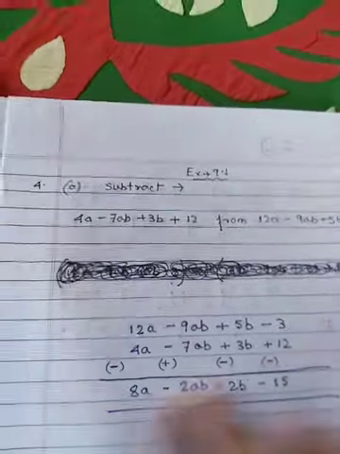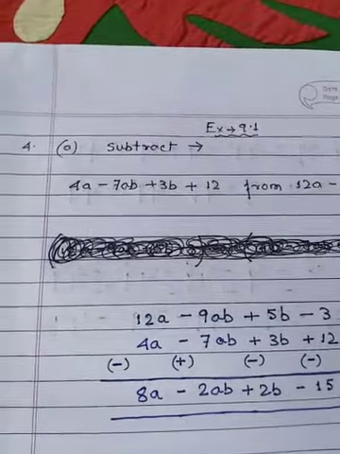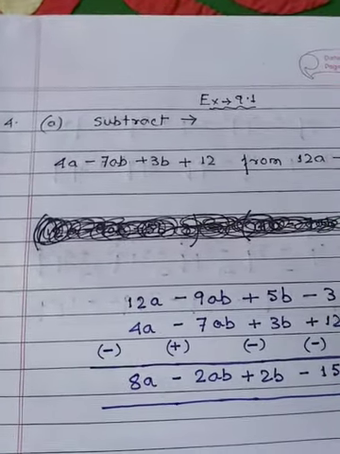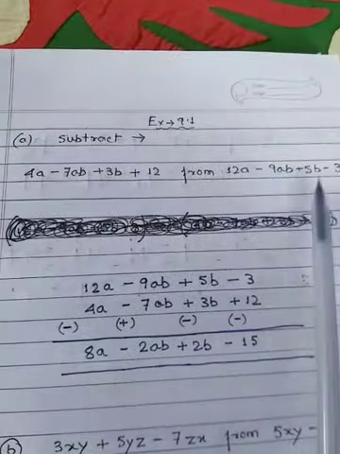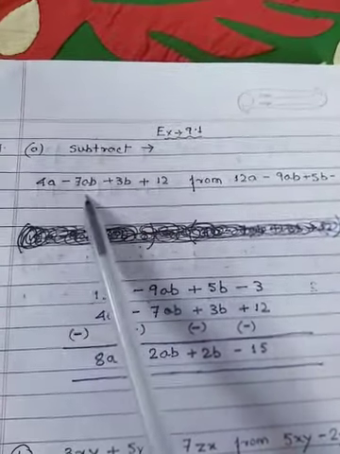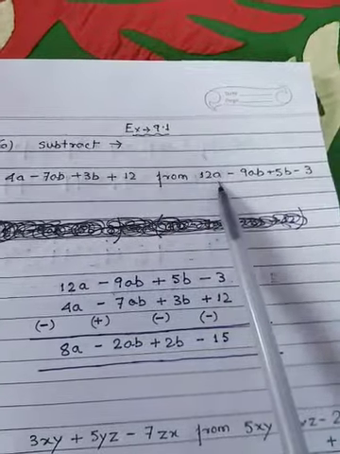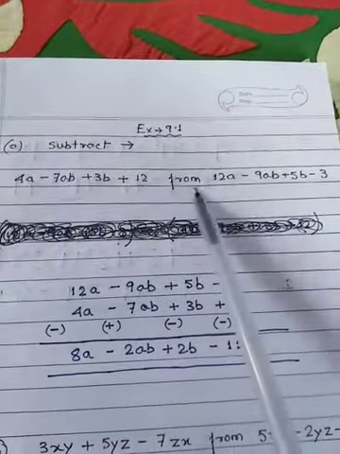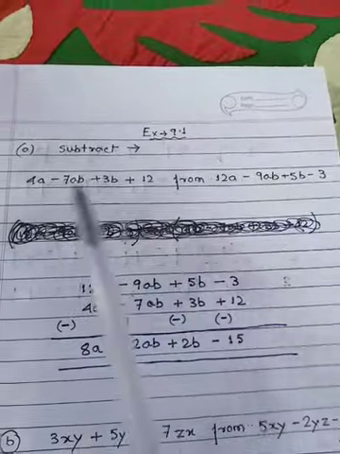Students, in this session, we'll continue with exercise 9.1 and we'll understand question number 4. In question number 4, we'll learn how to subtract. Now, in subtraction, the question would be like this: 4a minus 7ab plus 3b plus 12 from 12a minus 9ab plus 5b minus 3. When this "from" is written, students, you have to write this at top, and the first one you have to write it down,